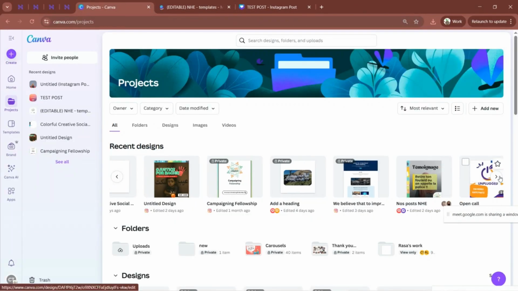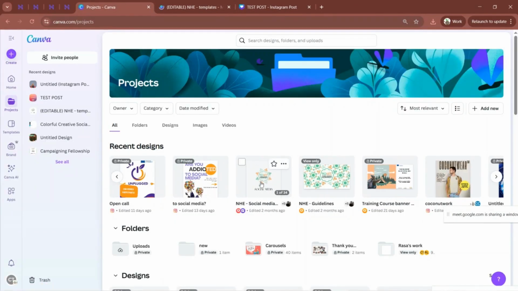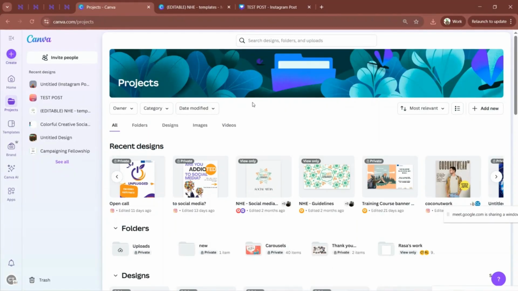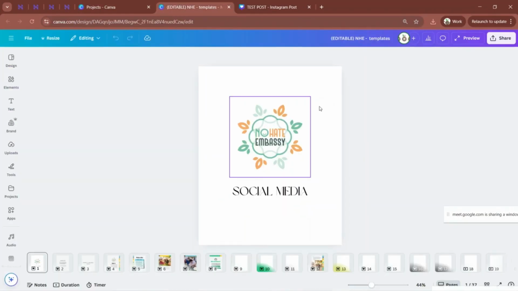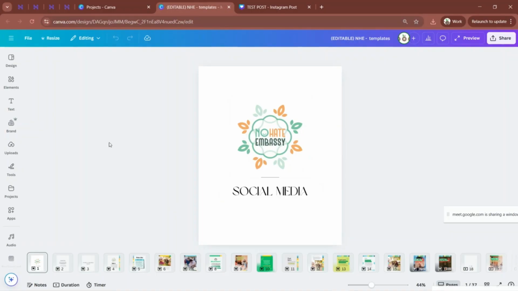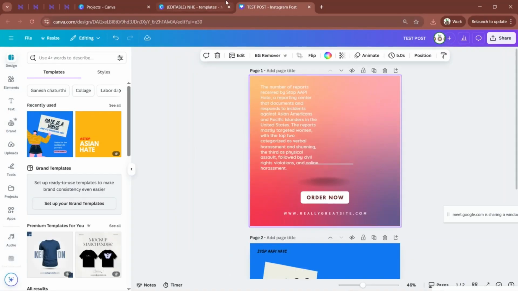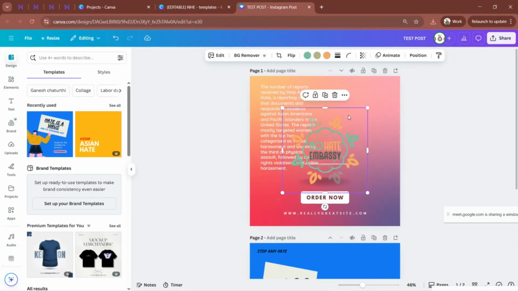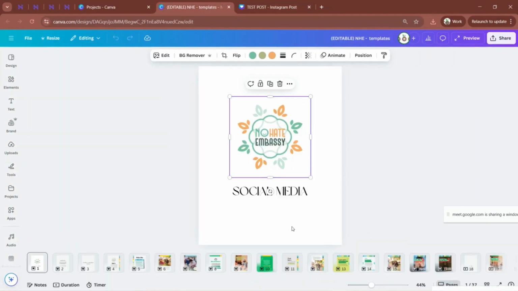Okay. Take elements from this design, but this one is the one that was shared with you, all of you, and it's not editable. So how you make it editable is you just make a copy. You can use it however you want. See, it says here view only because that's the only permission you have with this design. So as I was saying, I want to copy an element from this design to this design. I'll just simply click on something, select it, Control C, go here and Control V. And just like that, copy anything from